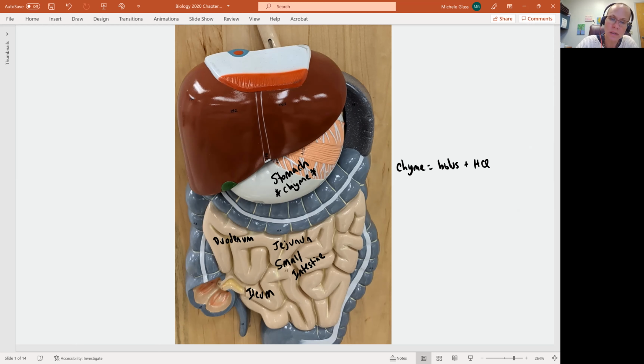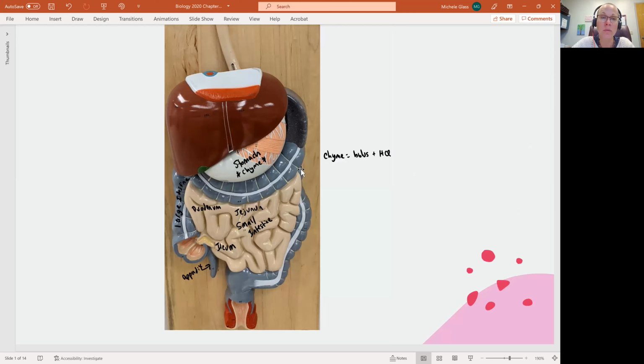From the small intestine, we get into the large intestine, and it is called large intestine, again, related to its diameter more than its length. And at this area where the ileum is feeding into the large intestine, we can see the appendix. You're, of course, studying all of these regions as part of your lab work, and so you'll be getting some more specific information there, and we'll add in a few details as we go. And then we see the last portion of the large intestine is called the rectum. And then of course we have the exit, which is the anus.